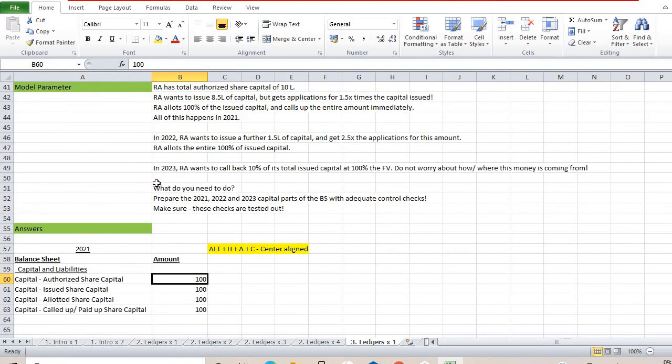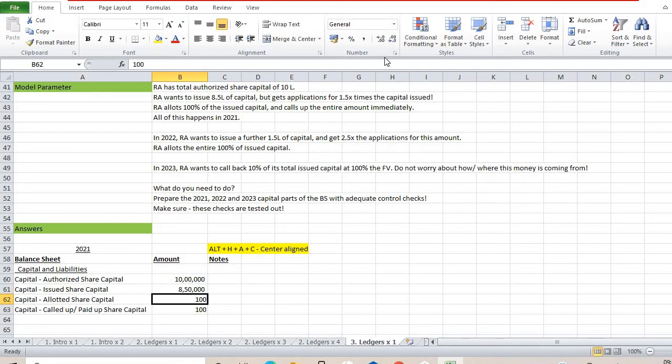So how much is the authorized share capital for RA, right? Authorized share capital is 10 lakhs. So let us put 10 lakhs in commas. Okay, you're good. So how much share capital is being issued? Let's put notes here, okay? So that wherever I feel that you need to look at this, let's look at it. 10 lakhs multiplied by 85%, okay? How much is being issued? 10 lakhs multiplied by 85% or 8.5 lakhs. It's clearly given in the question, so you don't need to do a lot of calculations here. So let us remove this. So 8.5 lakhs is issued.